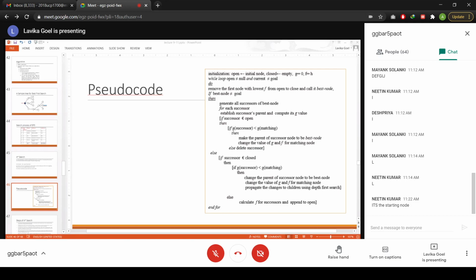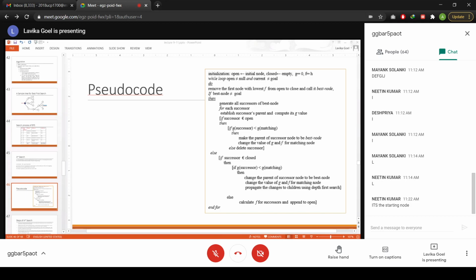So you select the best node from the open list, that is the node with the lowest F value, and call it the best node, right? So up till now it was the best node. So if it is the goal, it is very good. If it is not the goal state, then you will generate the successors of the best node.